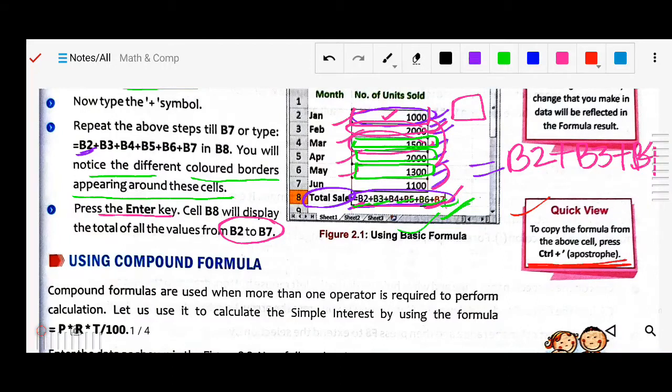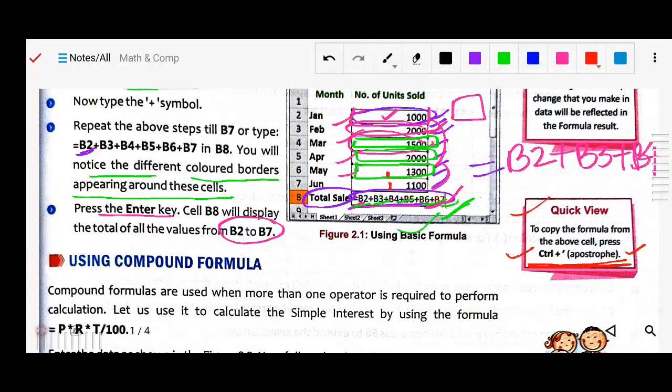You can copy the formula from the above cell to the cell just below it. So what is the shortcut key? Ctrl plus apostrophe.